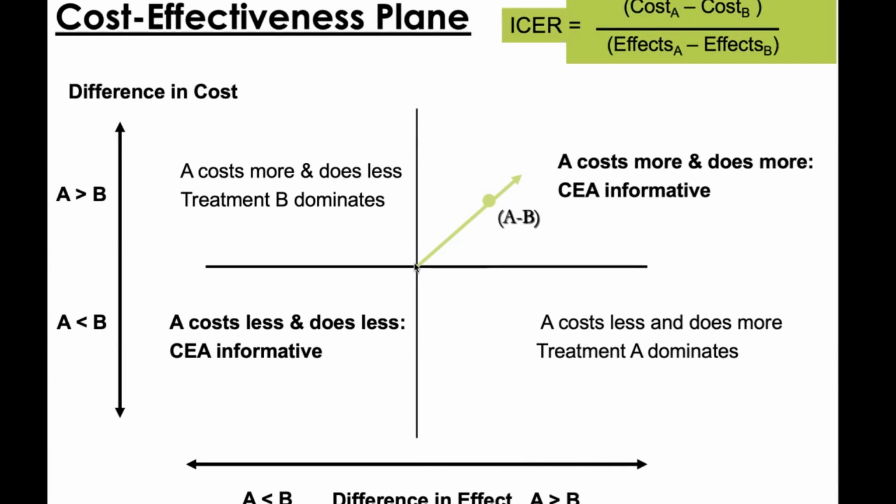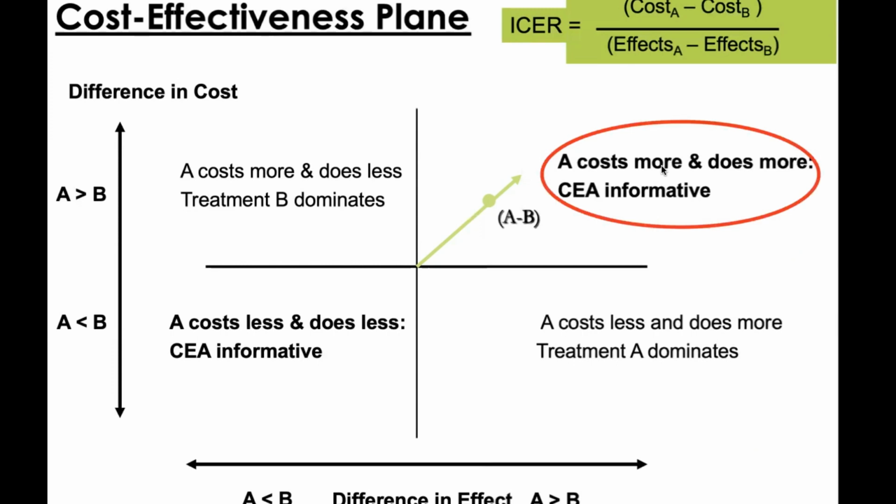The origin here is your comparator. So that would be like standard of care. That would be the B up here with cost B, effect B. So this would be sort of your standard of care comparator. So in general, new interventions are up in this right upper quadrant, where your intervention costs more, but also does more. So this is where